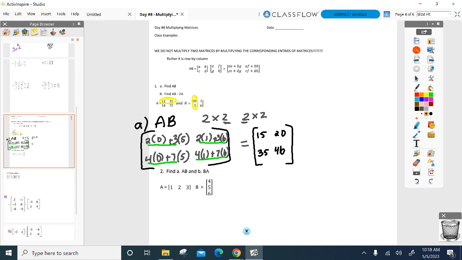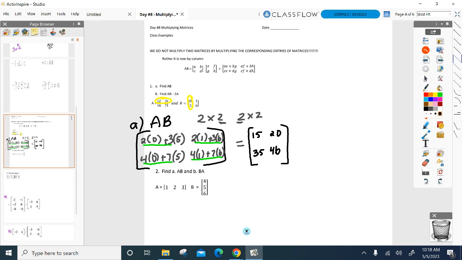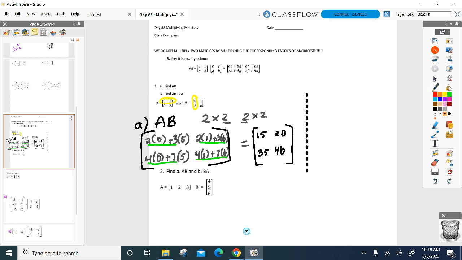Is there anything you want to ask before I keep moving on? All right, hey, we're not ready for number 2 yet. It's a part A and a part B on number 1. So we got to do part B right now. Seriously, everyone all right with part A? All right, part B says what now? What do we have to calculate? AB, which we already know. We already did that work. Minus